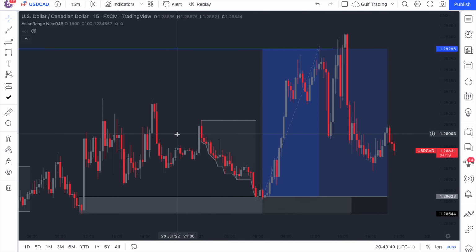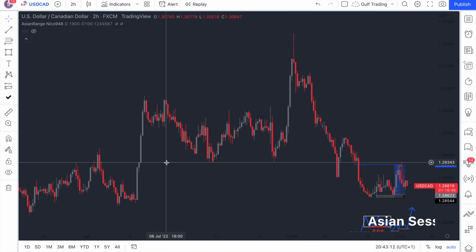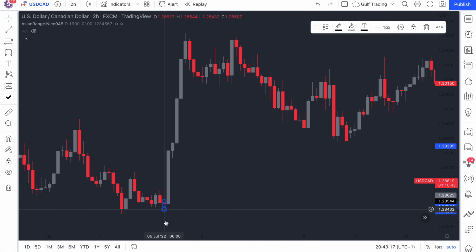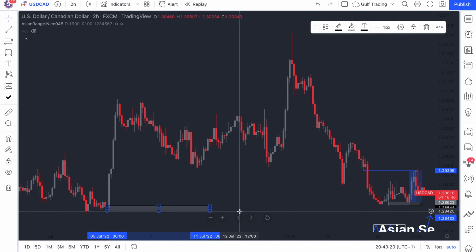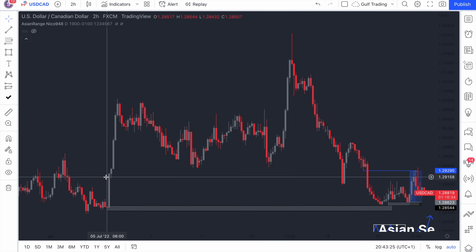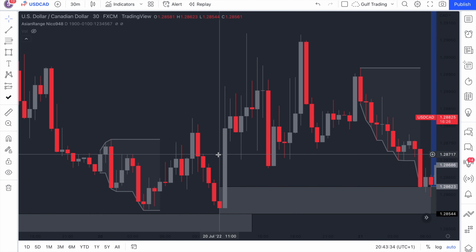entered on, and I'll show you the proof here. So if you go to your higher time frame, let's say the 2 hour, you can see this clear demand zone over here, which we can just mark up and then bring across. If you look at the high of this, just at the top it says 1.28544. So if you remember that number, and then we go back to say 30-minute, the low of this candle is actually the exact 1.28544. If you look up there,